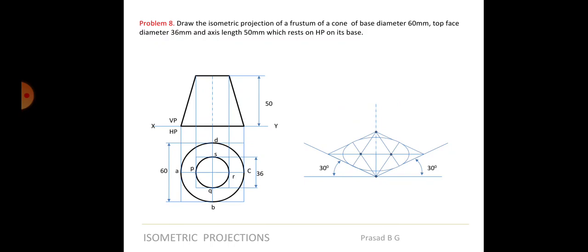Okay, you will get the center here. From this center you got this point, so you need to know this distance, O to S. So O to S will be drawn like this, O to Q from the same line on this side, then O to P, O to R. So from here O to P, the line you are drawing here should be parallel to this line here, and the line you are drawing on this side should be parallel to this line, 30 degree, this also on the 30 degree. Okay, so you will draw that.